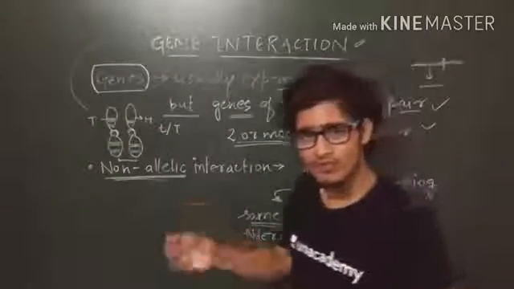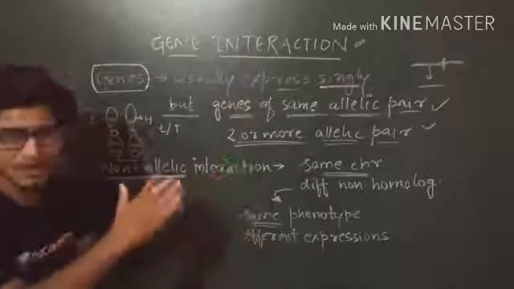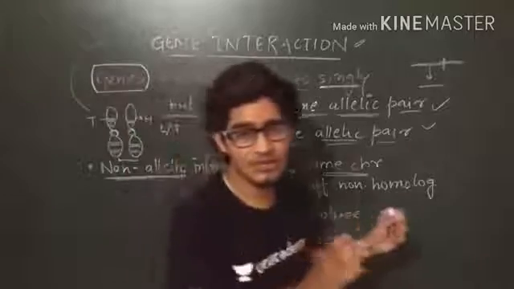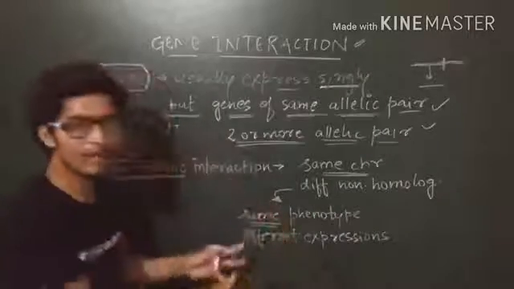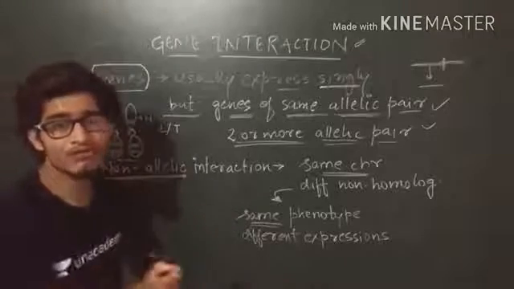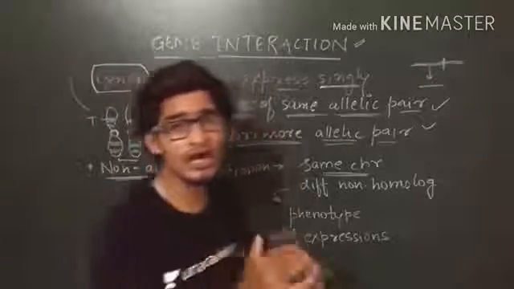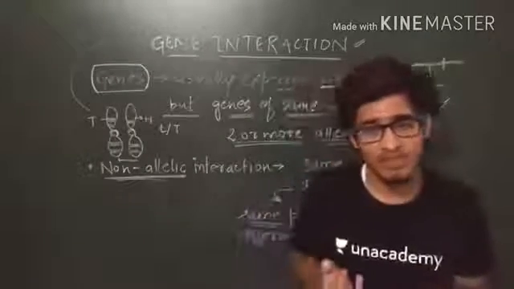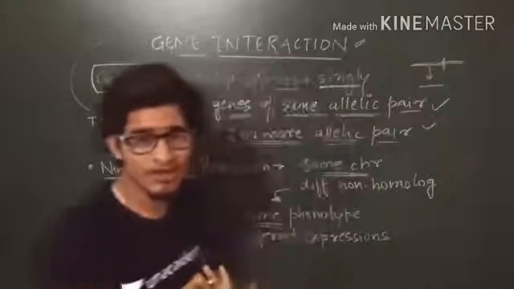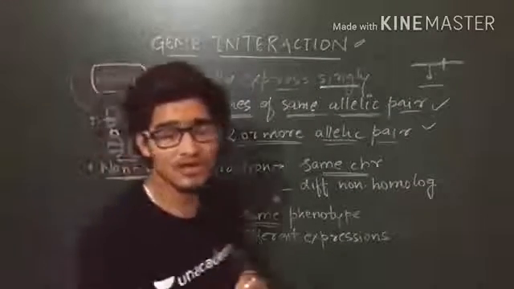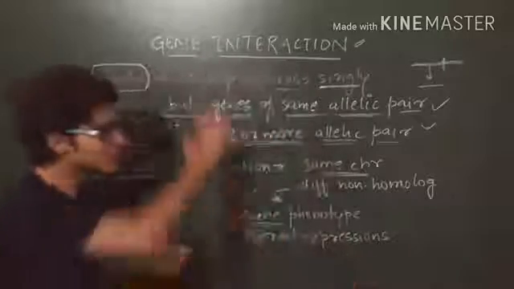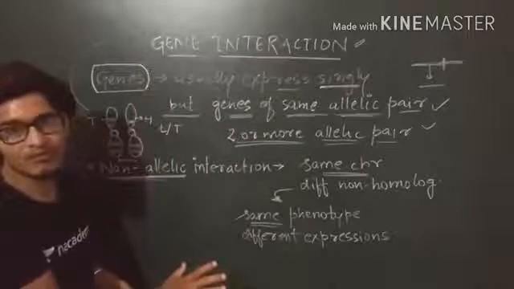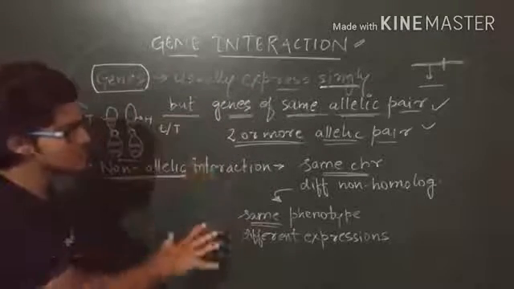So I know that you must be having different kind of confusion in this topic, because there are many terms like allelic pair, non-allelic pair, and there are various things which are very confusing in this. And I know that it may happen that you are not getting each and everything properly. But when we will do the examples, you will get to know that how genes will interact. There are various examples of this gene interaction process. There are complementary genes, there are supplementary genes, dominant epistasis, recessive epistasis, polygenic inheritance. So all these things we are going to do just in gene interaction topic, and that is very important. Trust me on this, this is quite important.